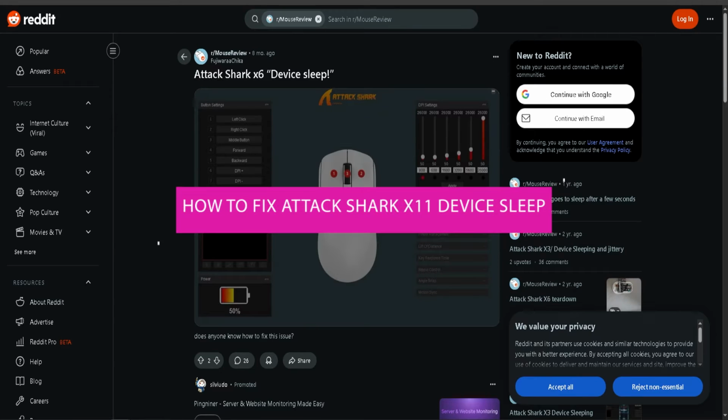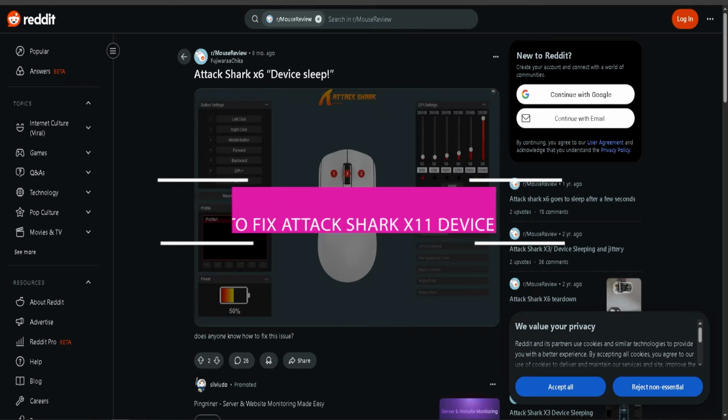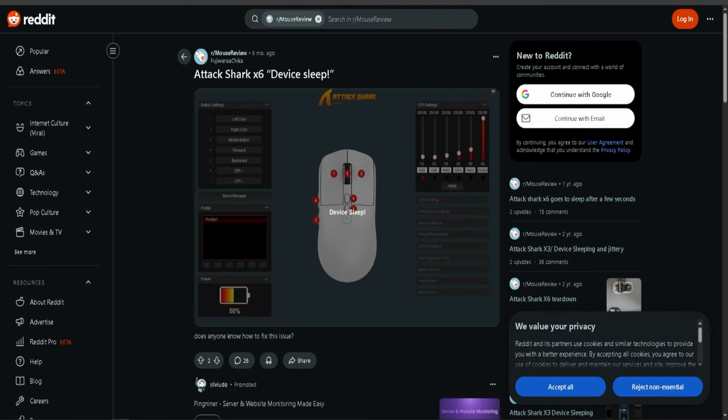Video, I'm going to show how to fix Attack Shark X11 device sleep. First of all, adjust power settings. Go to settings on your device, find power management or sleep settings, increase the sleep timeout or set it to